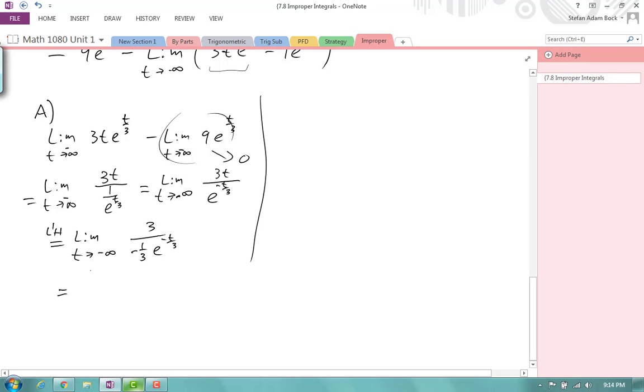This works out to be the limit as t goes to minus infinity of negative 9e to the t over 3. But we've actually already done this limit up here, so I know that this is going to be equal